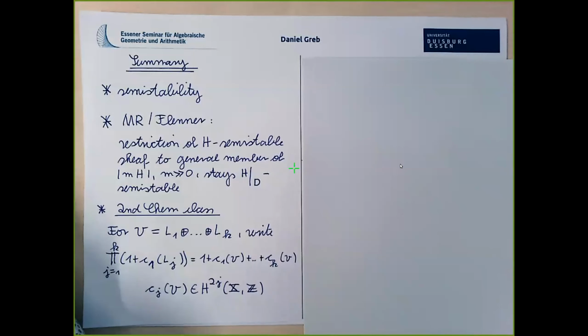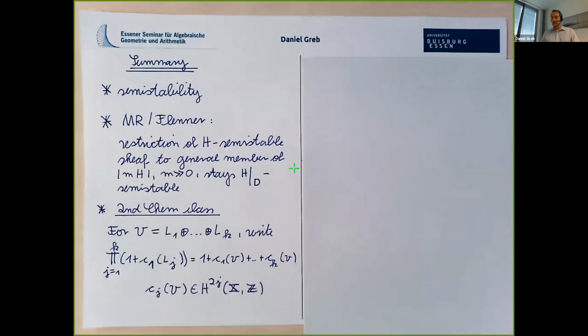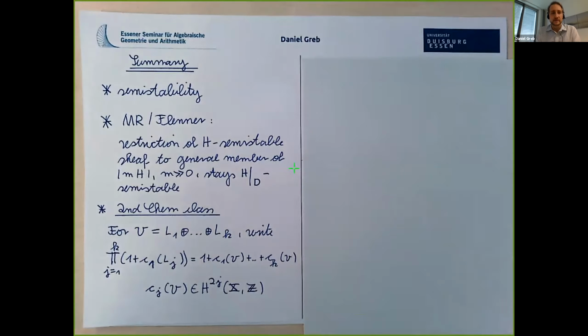Okay, so here is a small summary of what I talked about yesterday. I essentially wanted to talk about semi-stability of sheaves, on torsion-free reflexive sheaves on normal projective varieties. I introduced these notions. And I just want to recall one of the central results, which I just mentioned, the theorem of Mehta-Ramanathan